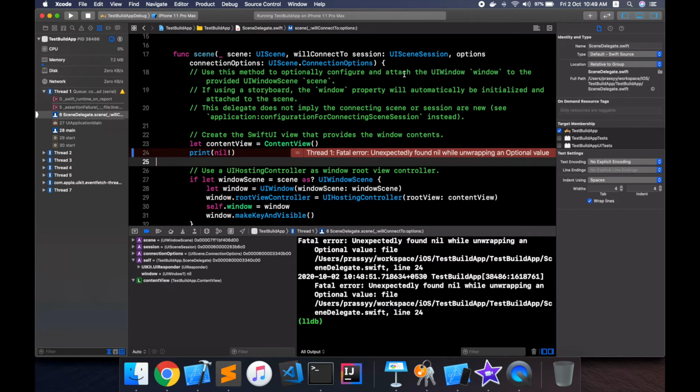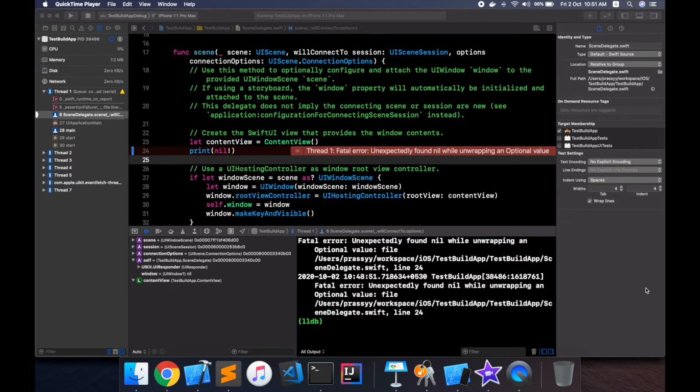So there are a bunch of things to observe over here. Let's start from the stack trace that we have. The stack trace gives us an accurate picture of what the call stack is and which method exactly caused the crash.